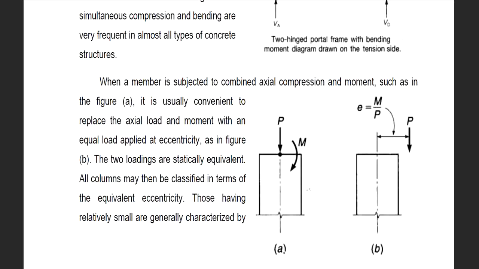Okay, so you can see here, a column with axial load is designed for minimum eccentricity. We check for minimum eccentricity, and we design columns for minimum eccentricity. Now, for columns having more than minimum eccentricity, how do we consider the moment? What is the criterion to consider the moment? Are we going to convert that moment to axial load? All those things we are going to study in this session.